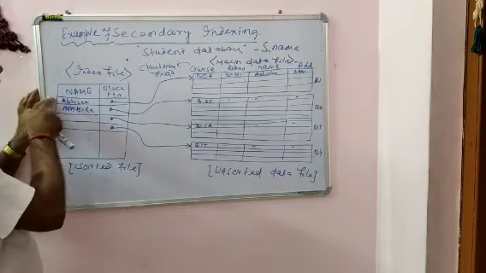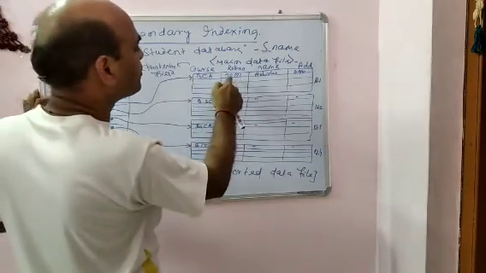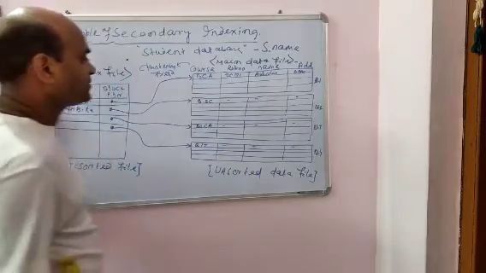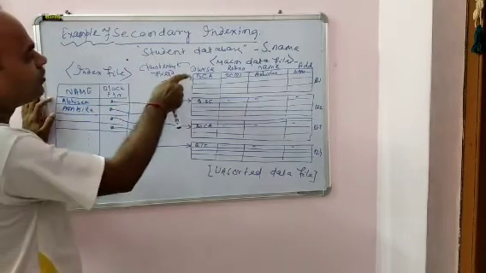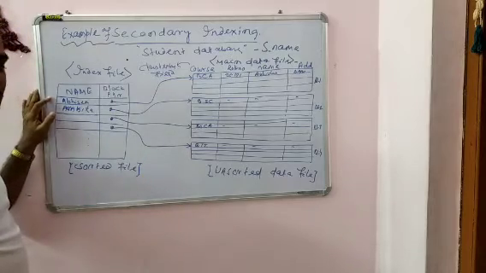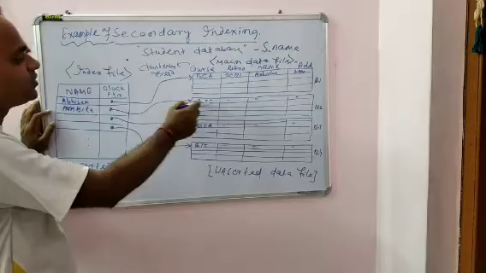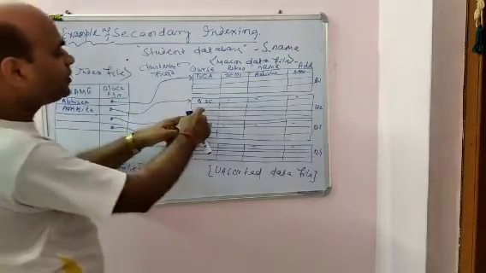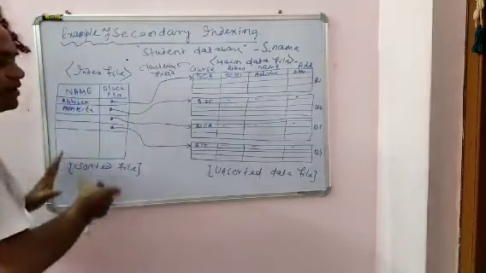Suppose I have written a name, Abhishek, starting from A. So Abhishek is a BCA student having roll number 101. This is the address. So this is the block pointer. This pointer points to the location in the main file. Similarly, for another student, a BSc student, or any students in between BSc or BCA, we can create an index entry.